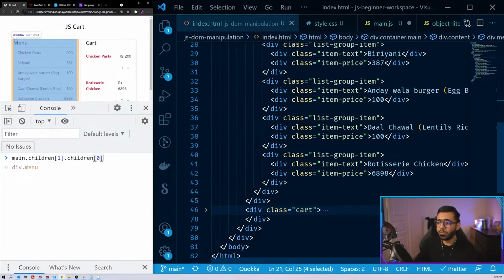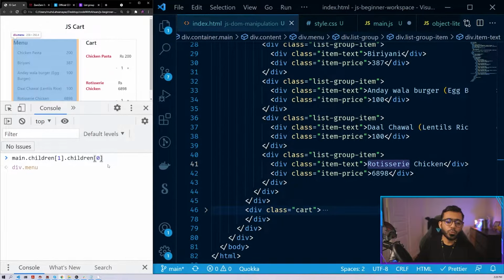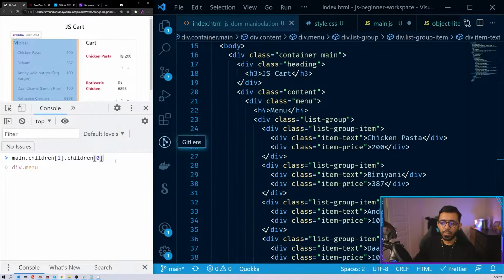Now, the good thing is that this is really close to the DOM. What if I had to find this rotisserie chicken? If I had to find this one, I would have to go through all of this by doing children. That is really hard. All right. How do I make sure that I get to a particular element without having so much trouble? One of the things is that we can not only